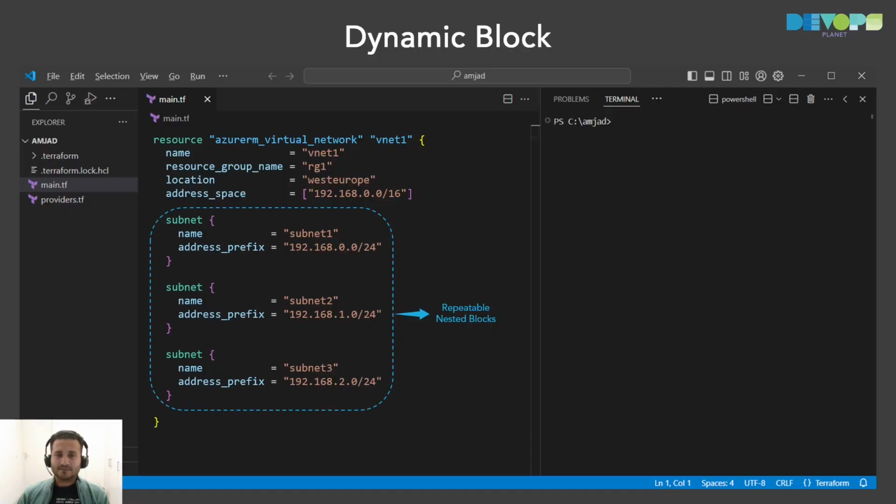If I take the same example of a virtual network, and I want to create multiple subnets, instead of writing this subnet nested block multiple times, I would like to use the for each loop, like we use with the resource block. So let's have a look, with the help of the dynamic block, at how we can use it and what we will have to configure. The first thing we will have to do is similar to the previous section,